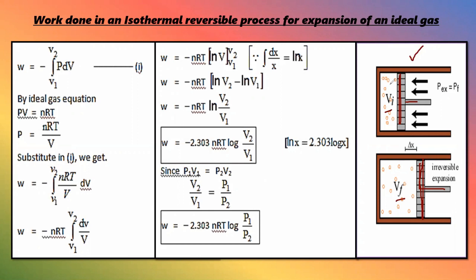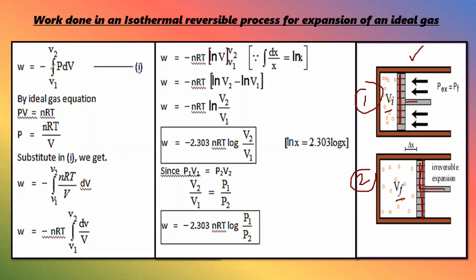Now as you can see, if we say this is image number 1 and this is image number 2, then it is clearly implied from the images that in the first case the volume was less, Vi is less since P external is greater. In the second phase, Vf is more since P external is less or P internal is greater. That means what we are seeing is nothing but expansion of an ideal gas. Now if we consider that this occurs under an isothermal system, let us see what we get and how we are going to do this.